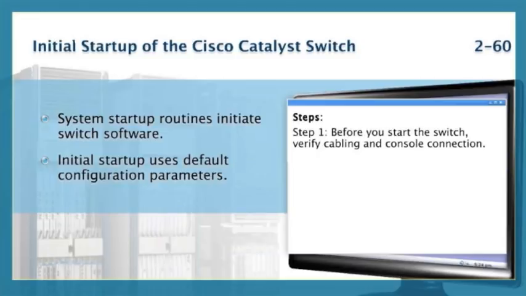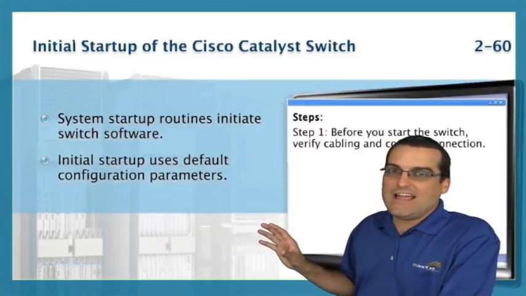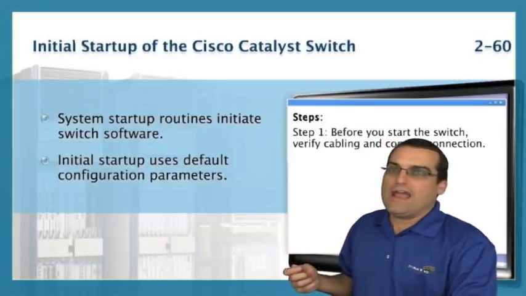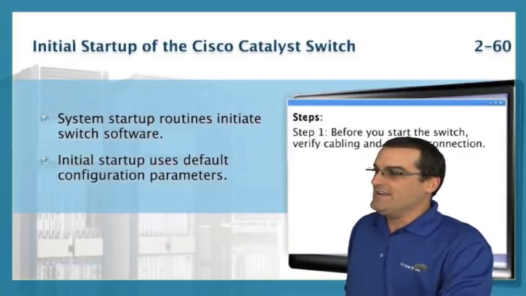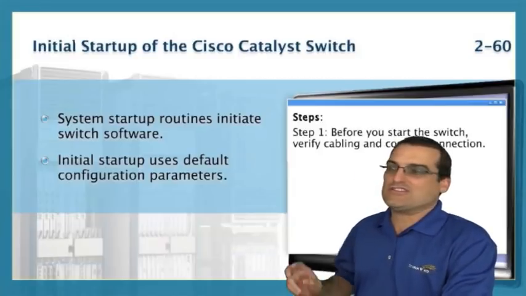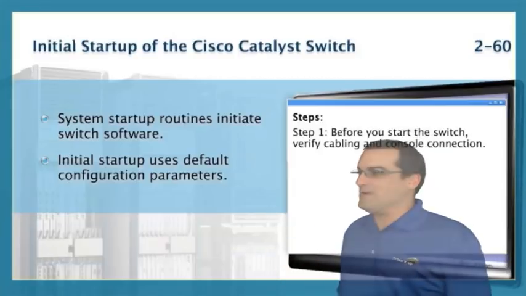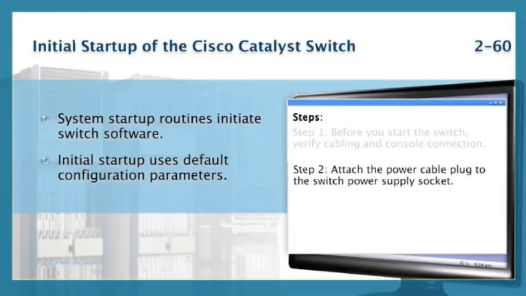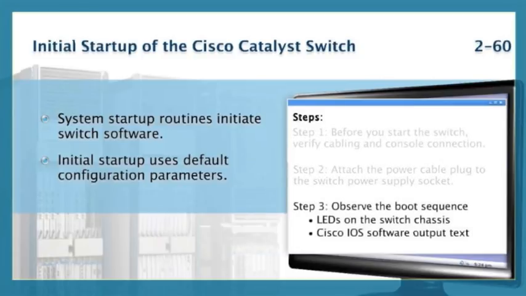So what is going to happen is you are going to go in and verify that your cabling is all set. And then once you verify the cabling, you're going to provide the lower end Cisco switch that doesn't have an on or an off switch with power. Once you provide that device with power and you've verified your connections, then the switch is going to go ahead and